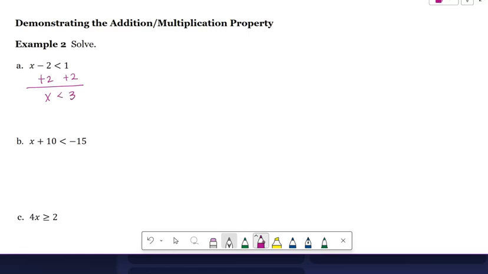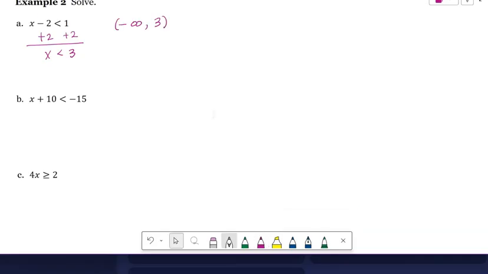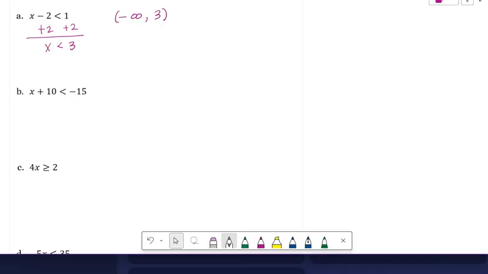If I want to write my answer in interval notation, I'll be taking all of the numbers going from negative infinity up to 3, not including the endpoint. For example B, I'll use the opposite of adding 10. I will subtract 10 from both sides. And so we get that x is less than negative 25. For interval notation, I would have numbers from negative infinity going up to negative 25,